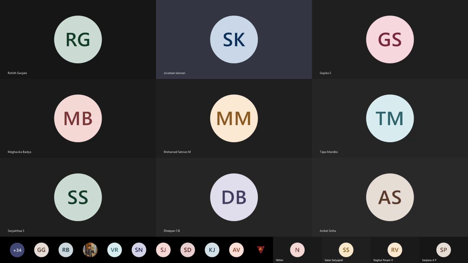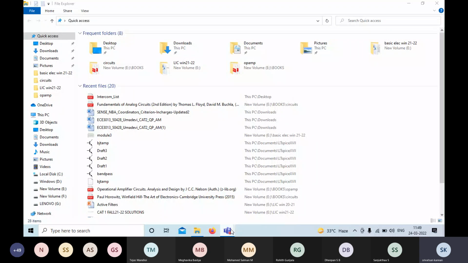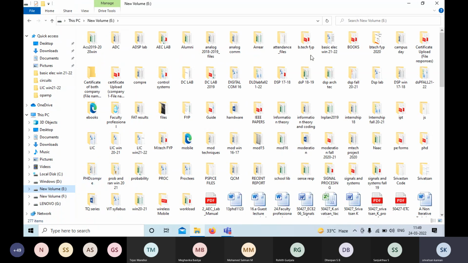So shall we go to the next experiment? Yes, sir. Okay. Our today's experiment is common emitter amplifier. So last class we verified the characteristics of common emitter in LT Spice, and we plotted the input characteristics and output characteristics of the common emitter. So in today's class,